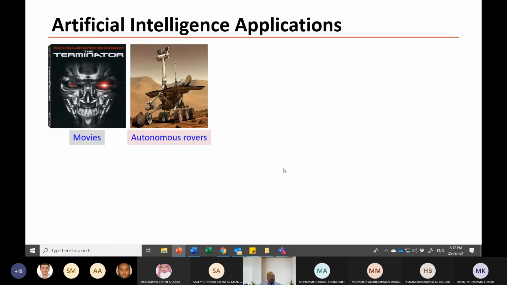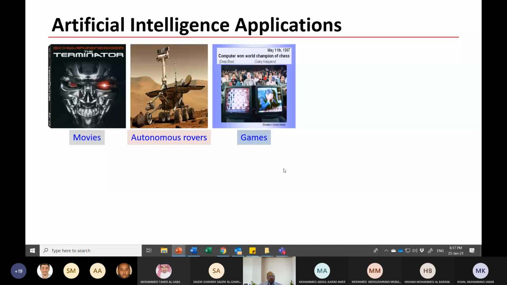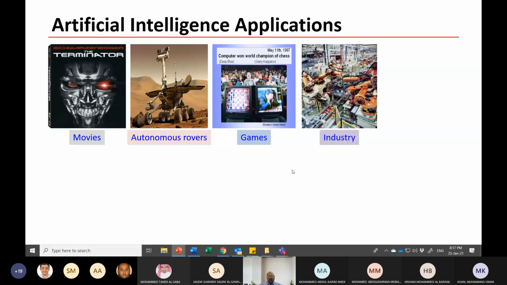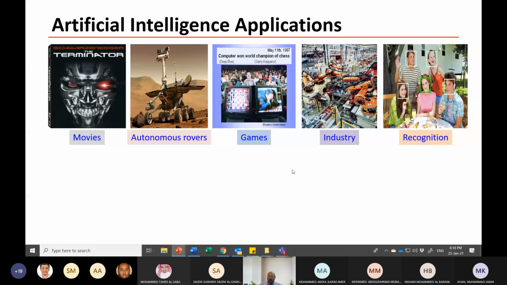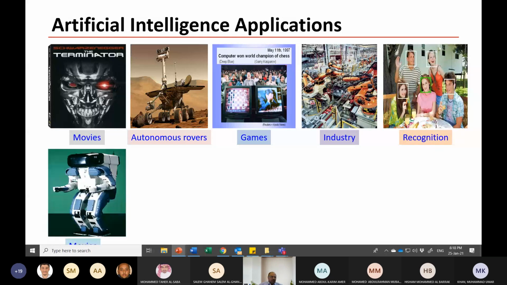You have it in movies, autonomous rovers to explore harsh environments, and military applications. You have it in games, in industry, and in recognition, face recognition, robotics,